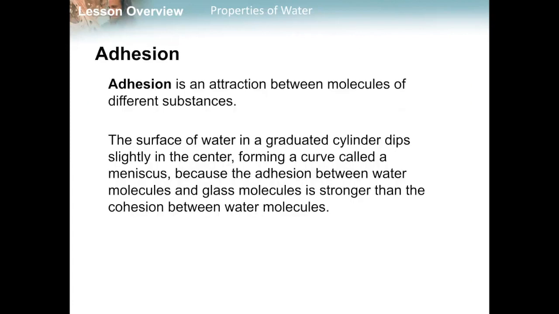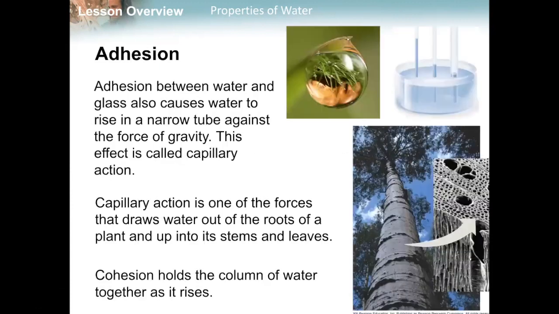Adhesion is an attraction between molecules of different substances. The surface of water in a graduated cylinder dips slightly in the center, forming a curve called a meniscus, because the adhesion between water molecules and glass molecules is stronger than the cohesion between water molecules. Adhesion between water and glass also causes water to rise in a narrow tube against the force of gravity. This effect is called